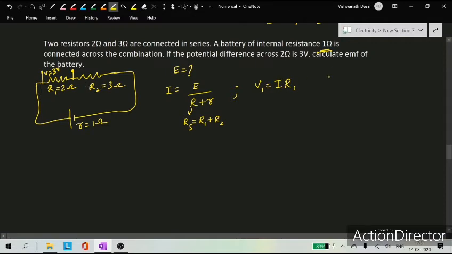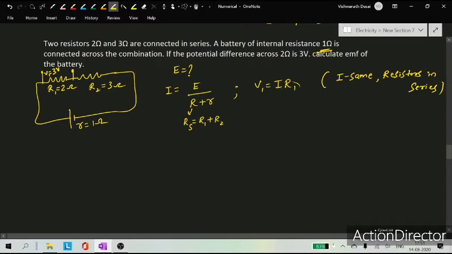In series, you should have this note. If the resistors are in series, current is same. You should know it. So that is why we took it same, not I1 here, I. Okay. So you can calculate this one first, V1. So V1 is equal to I R1. Use it and calculate I.